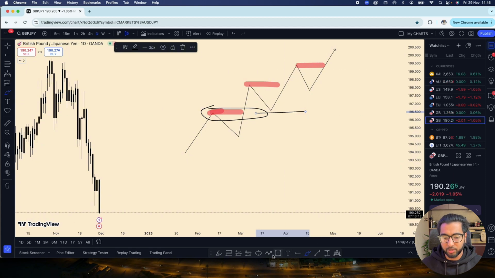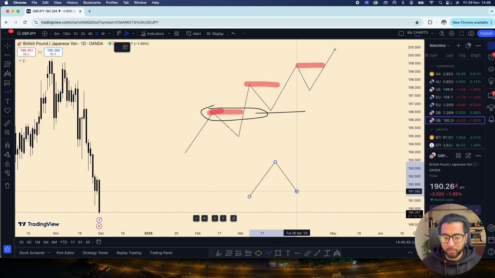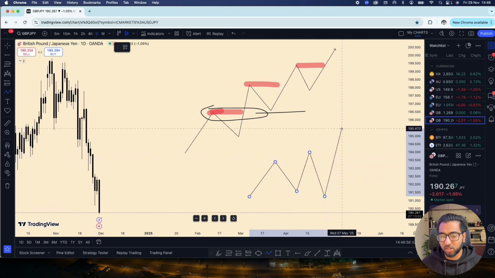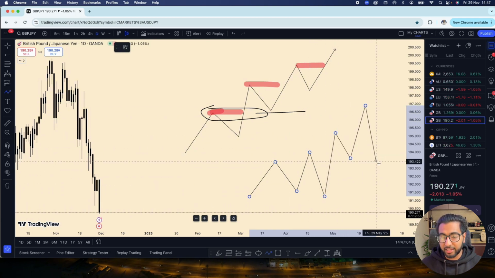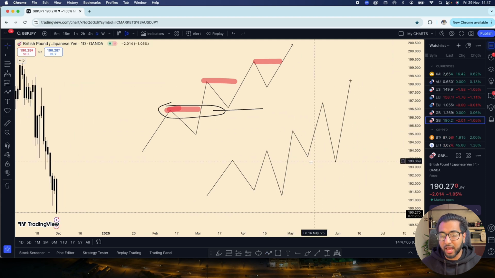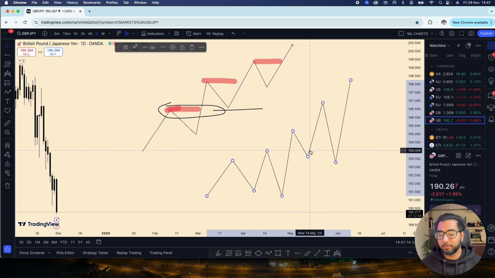What really happens in the market is price goes up, creates a low, goes up, stops out these sellers, goes down, stops these buyers, and then continues to go up, stops these, goes down, stops these sellers, or continues to go up, and then does the exact same thing like this, right? And that's how a trend is formed, right? Is where sellers get stopped, buyers also need to get stopped out, right?